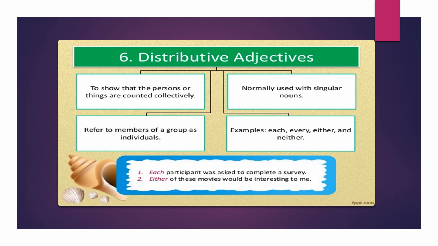So here, whenever we have two or more than two entities, and for those entities we are collectively referring to them using one common word, in that case, that common word that you give to point out a certain number of people or a single person will be called a distributive adjective.